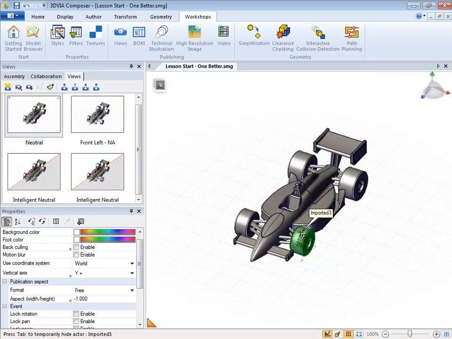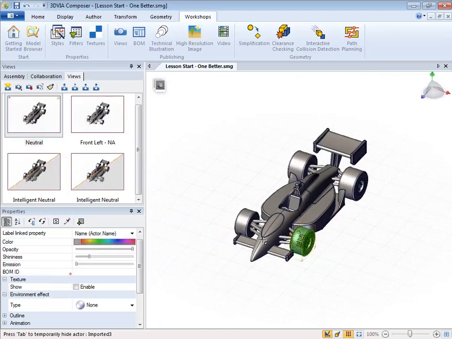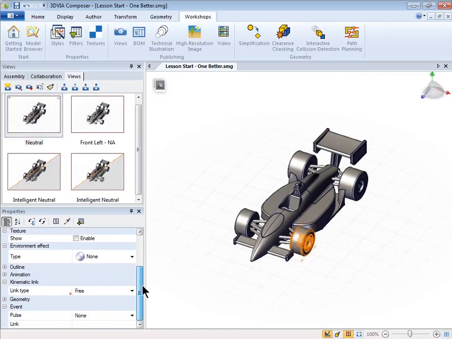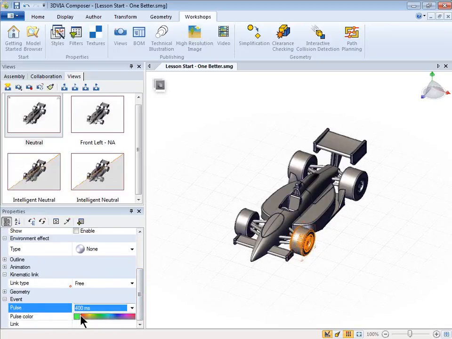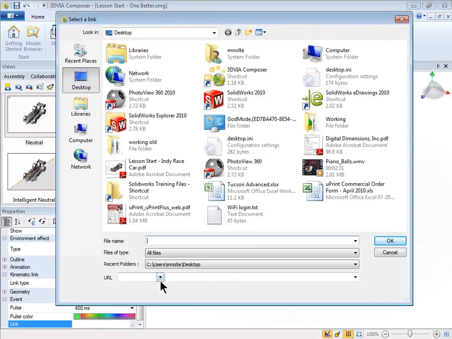So we'll select that view and scroll down to its properties. We'll go down to its pulse. I'm going to tell it to do a 400 millisecond pulse. I can have it pulse in a specific color if I wanted to. And then in the link, I'll tell it to link to a specific view. So I'll go to view, and then I'm going to point it towards the